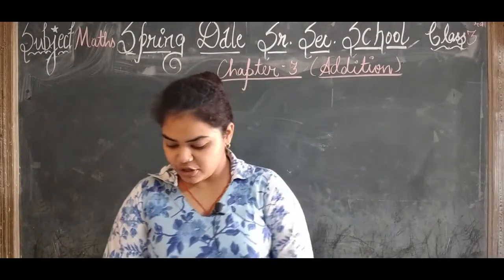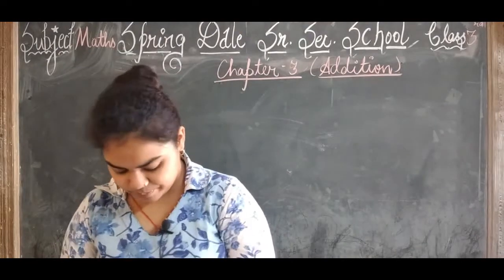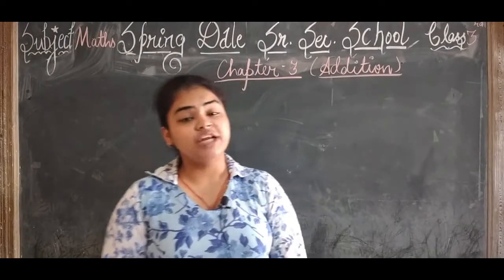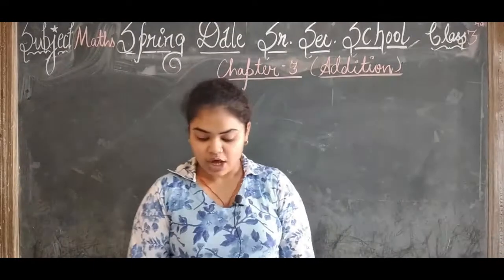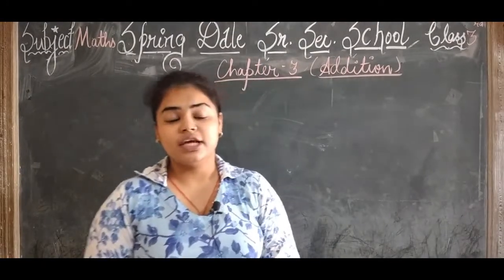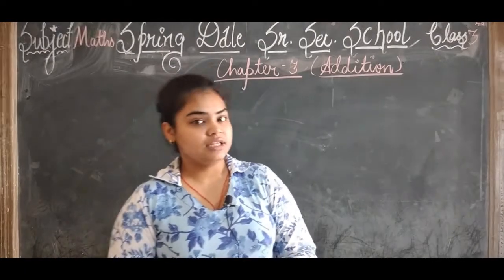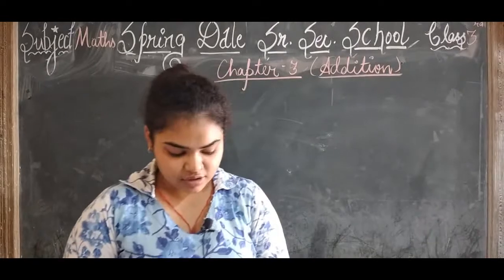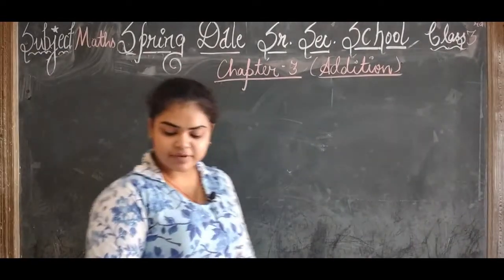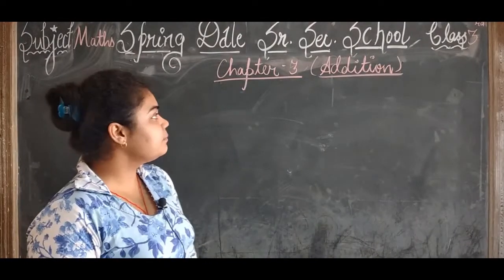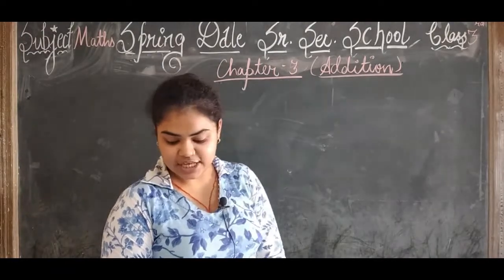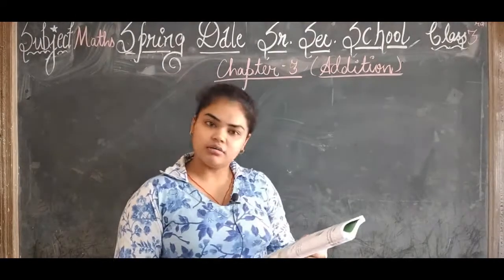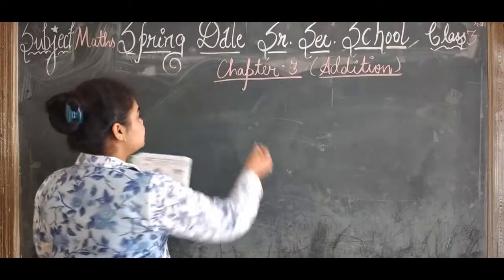So open your textbooks, page number 40. Okay. Now addition of 3-digit numbers. Now we are going to learn how we can just add 3-digit numbers without any carrying. Okay. So here we will start with our addition, that is exercise 3A. Okay, you have to do these questions in your book only. Self practice.